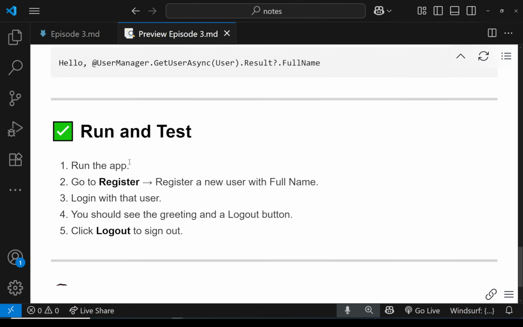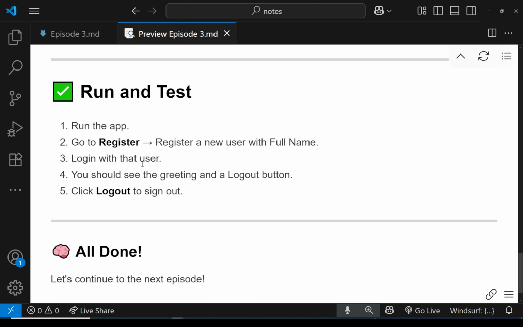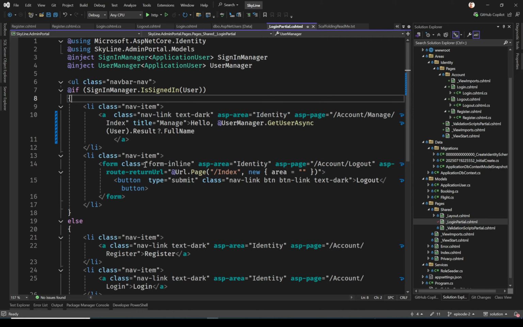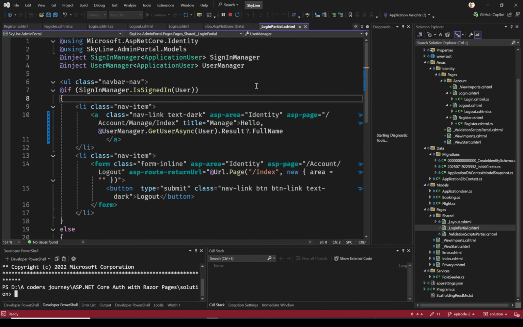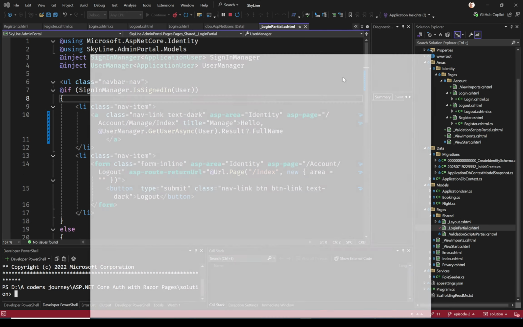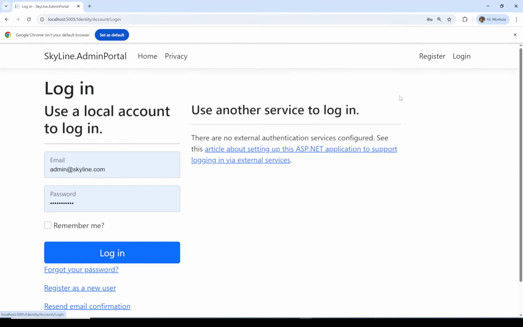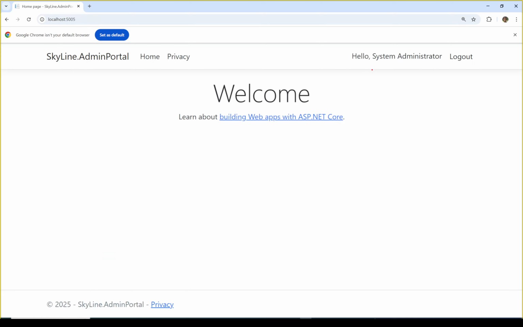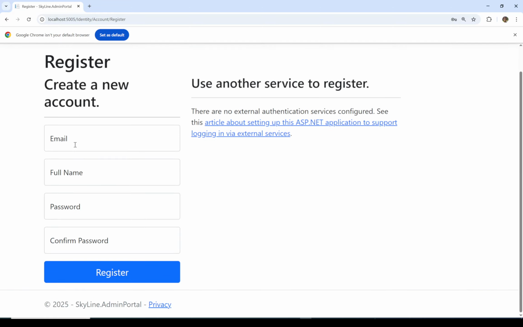So run and test. Let's log in with the user that we have in the database and see whether we get the email address of that user rendered or the username, the full name. I'm going to run the app. My browser has saved the email and the password. I'm going to log in, and as you can see, now we are getting the full name, not the email address. And if I get to the register page, I can